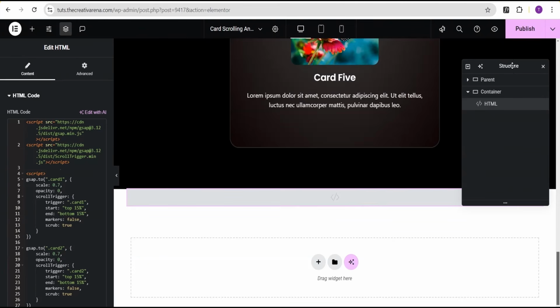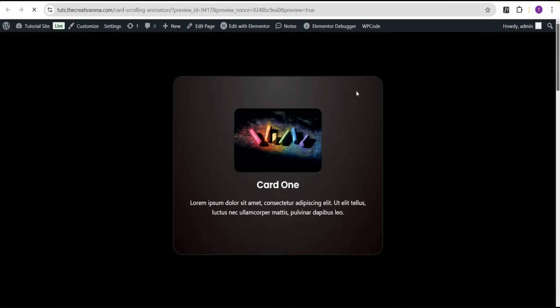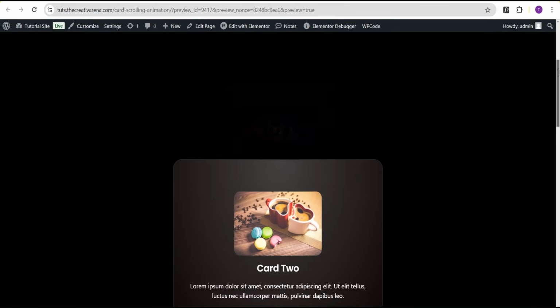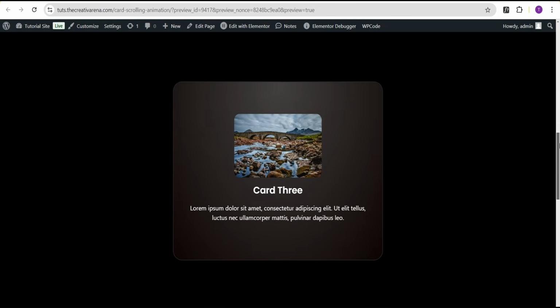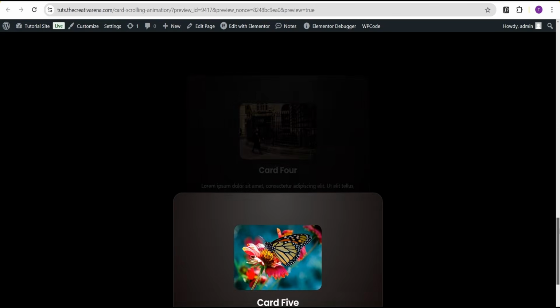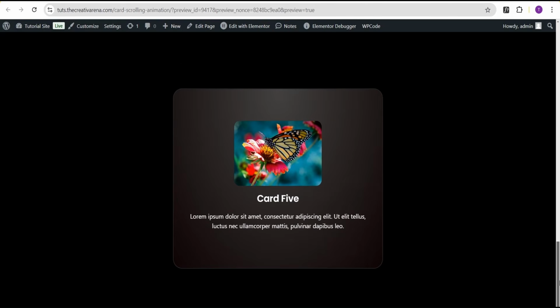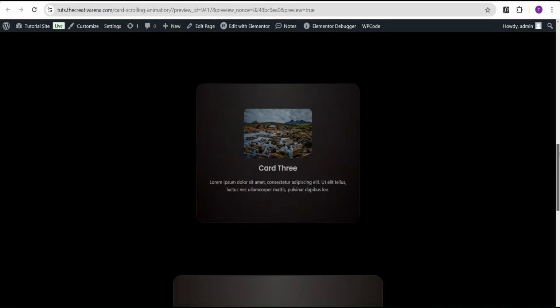Okay, then I'm going to click on publish. Then we're going to click on preview changes to see our design. So now when you come over here and scroll, you can see this wonderful scroll animation for the various cards. And then when you scroll back up,